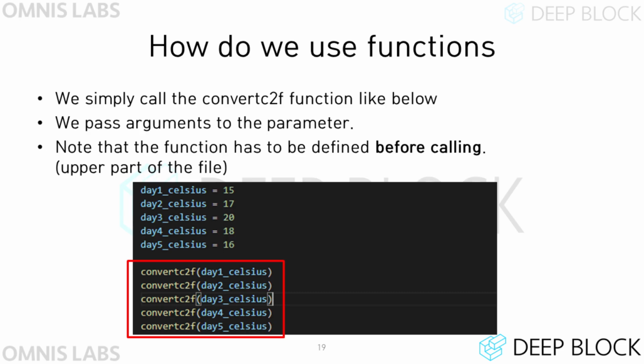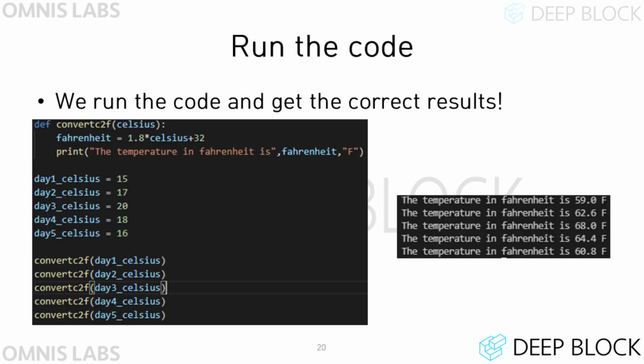Although it is not shown here, the function must be defined at the top of the Python program before you call the function. If you run the code, the program that uses the function runs as expected, just like the code you wrote earlier. We can interpret this program like this. We first define a function called convertC2F. The function is remembered by the Python interpreter, and then the interpreter continues to read the code file. We create 5 variables and put the values into the function we made and call it. And repeat calling the function.